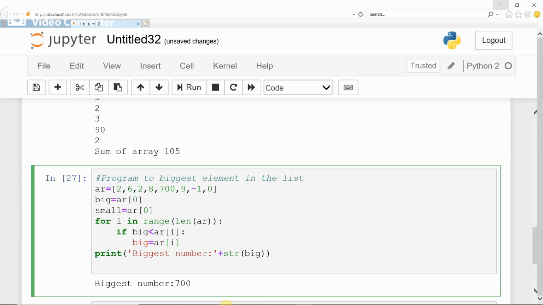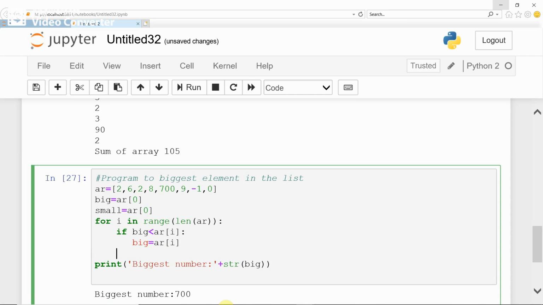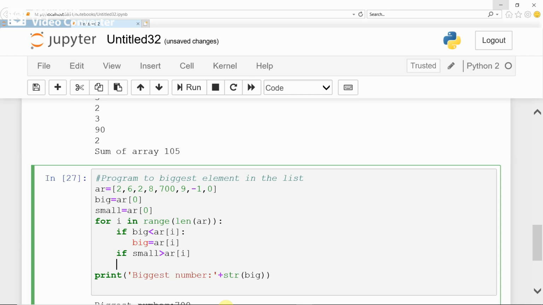One more if statement you can write inside the loop: if small is greater than AR of i, then small equal to AR of i.